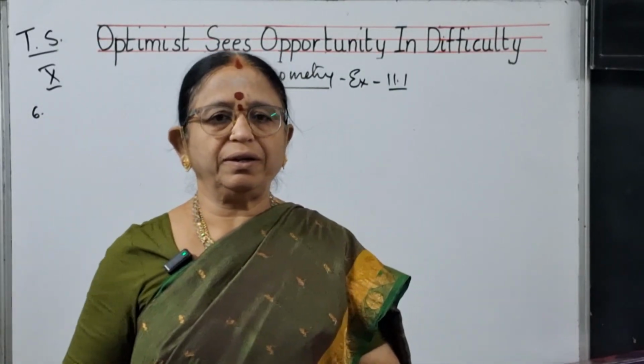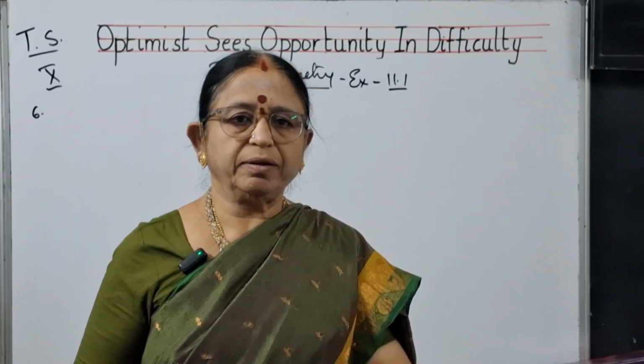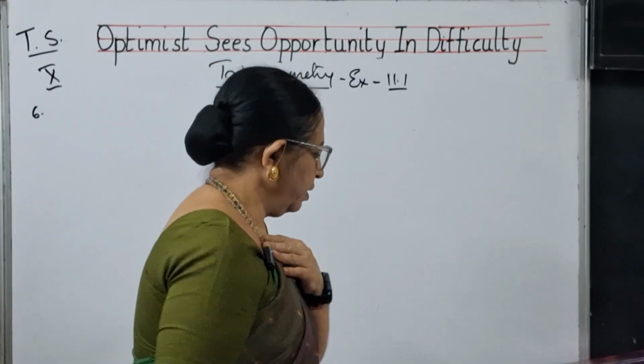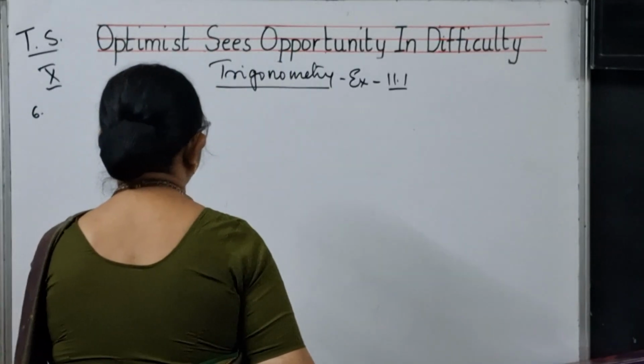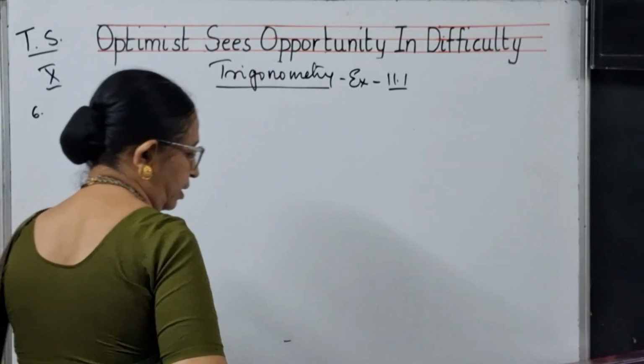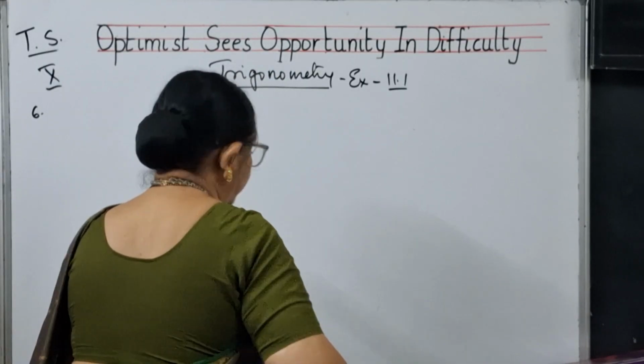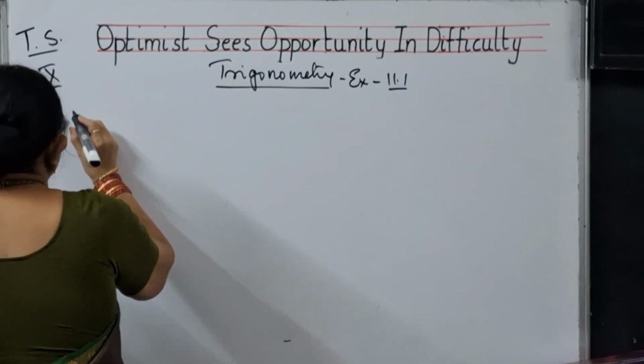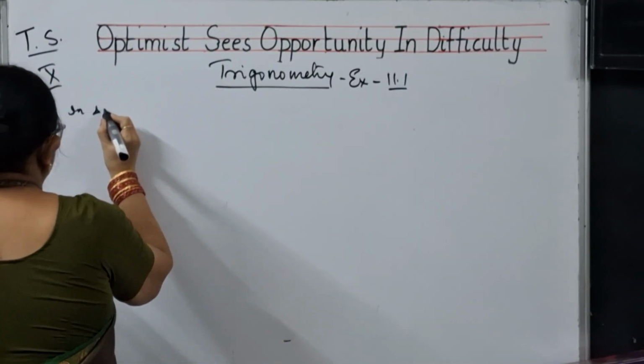Now I am dealing with 10th class mathematics. This is trigonometry. I was doing exercise 11.1, and I have done 5 sums. Now let me do the sixth sum, that is, in triangle